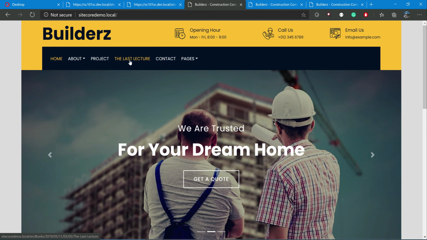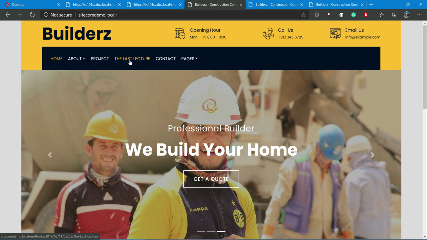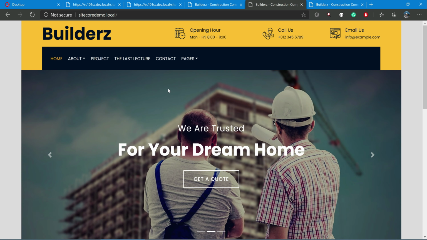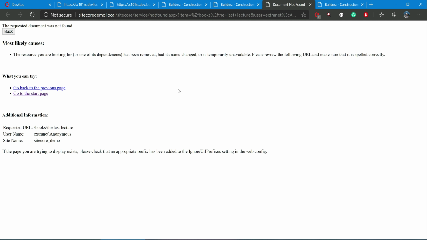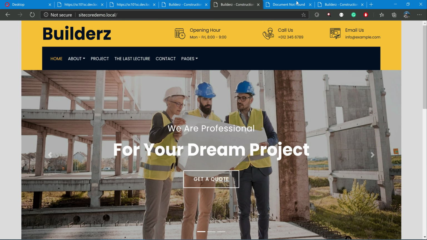So in this, if you mouse over, you are getting the URL with the bucket item, with the bucket folders. But let's just see here if it comes. Yeah, notice that this will not come with the buckets. Let me just open it. Obviously, as I said before, it will throw an error because there is no item, because I said we need to customize two things: one is link generation, another one is link resolving. So yeah, but URL generation is working.